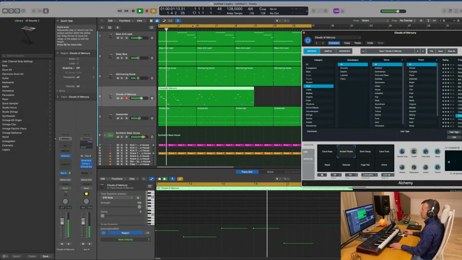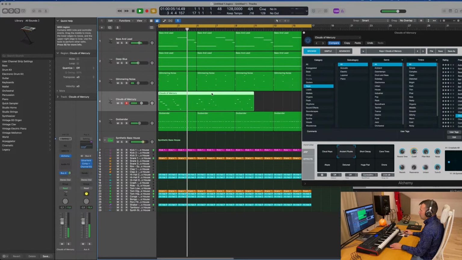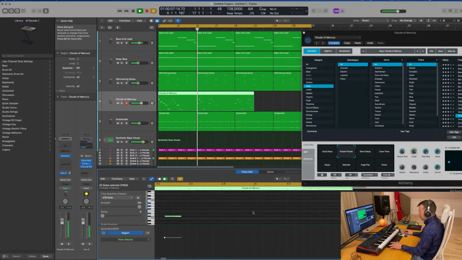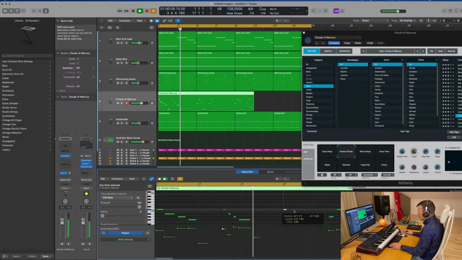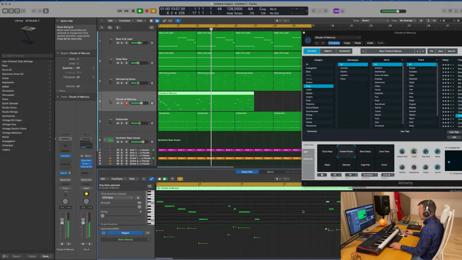I think the second or the third part here is definitely everything we need. I think I'm missing a bit here. Actually,